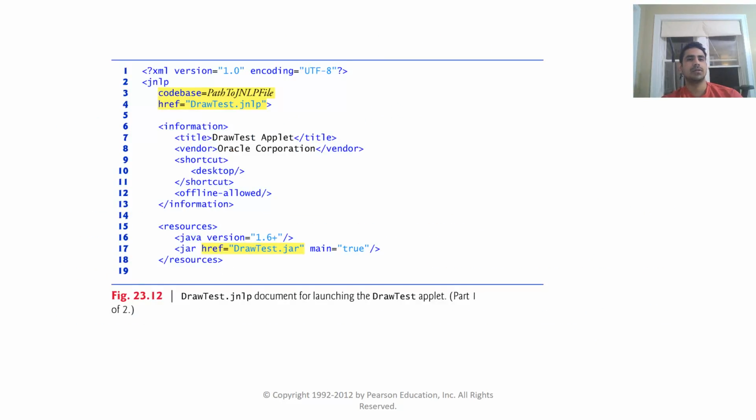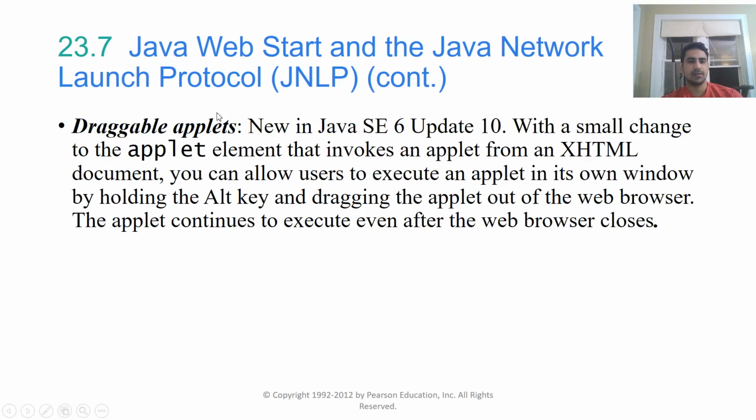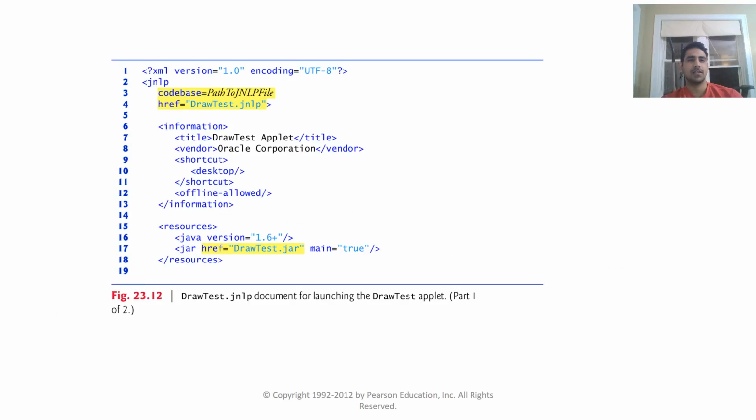Now you can see a program for this. DrawTest.jnlp: DrawTest is the name of an applet, and this is for drawing that DrawTest applet. As mentioned previously, it invokes from an applet in an HTML document. The href is a hyperlink reference attribute used to invoke the document, that is, test.jnlp, and an information tag is being used. Then